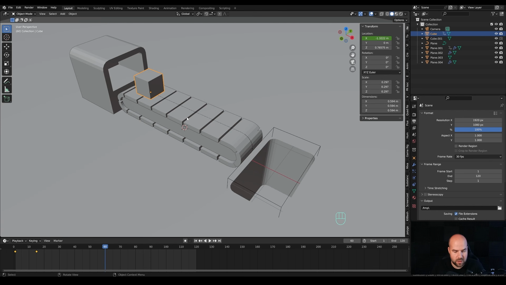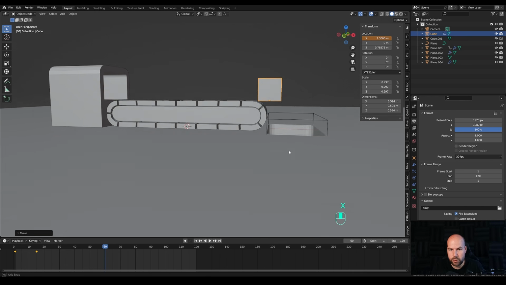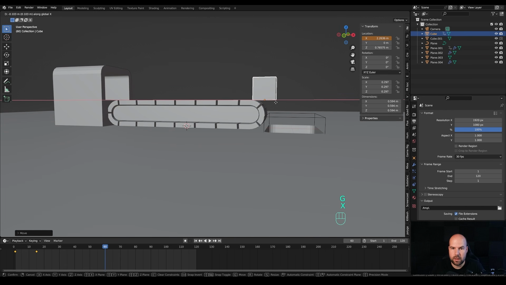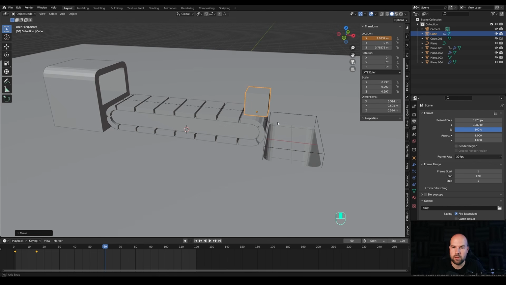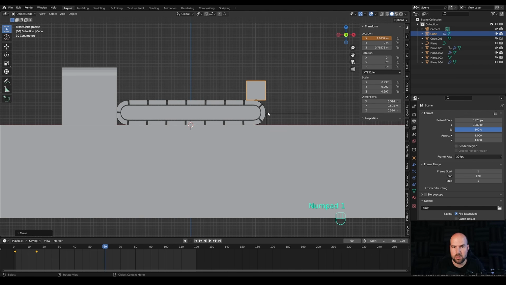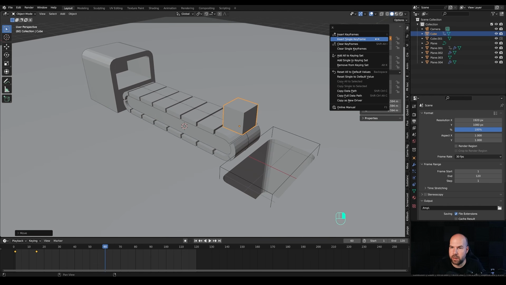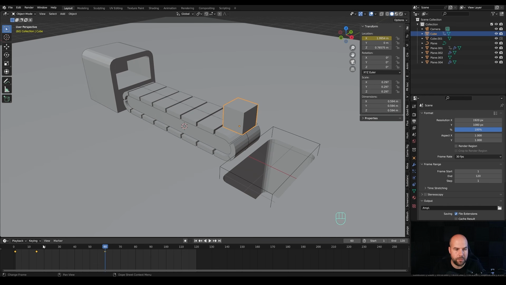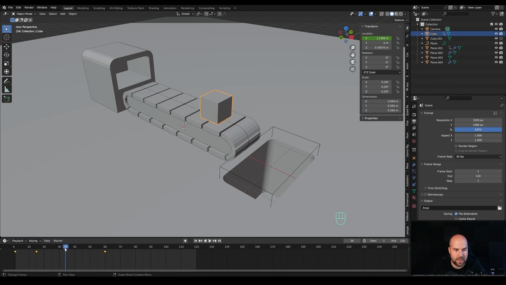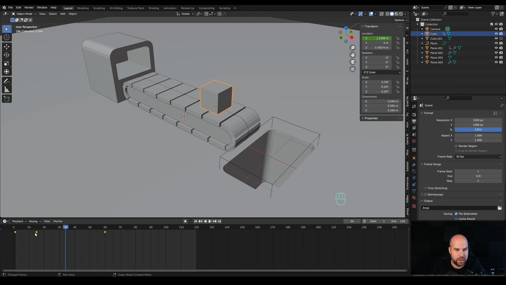So let's go to the frame 60, press G, then X, and we know we need to go somewhere here. And now this will start to fall, of course. So let's move the origin point right there on the edge. It should look like this. And let's right click and insert single keyframe here. So now it goes like that, but we need this one keyframe to be linear. So press T and switch it to linear.